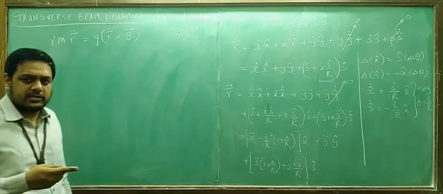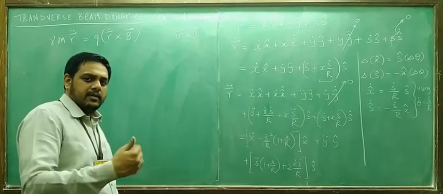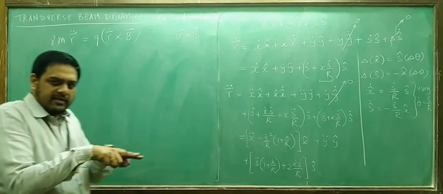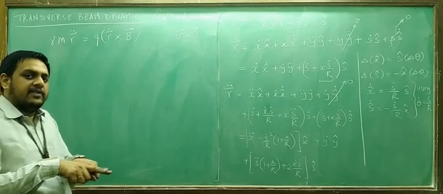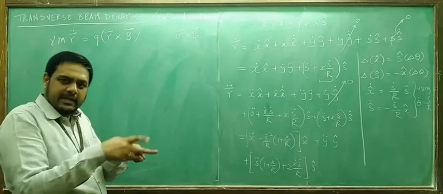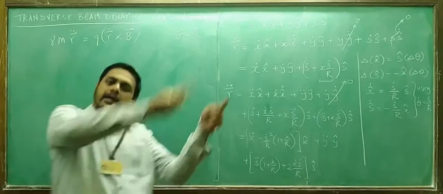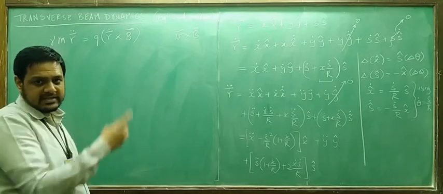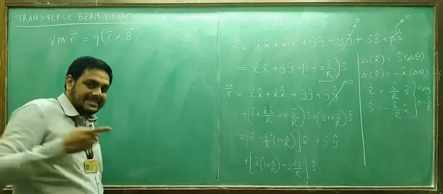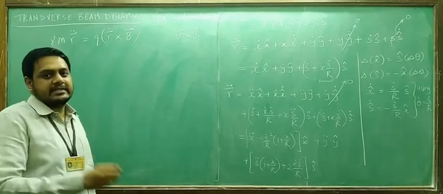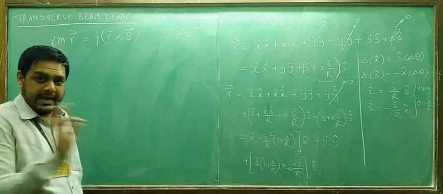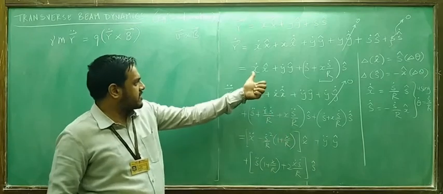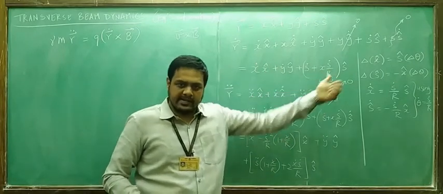It makes sense because V cross B will then be in plane. If you have B in the direction of V, then V cross B will anyway be 0. And if V has a small deviation to B, then things will become complicated because you will get helical motion when you pass through the magnetic field. So in any way, it doesn't seem to make sense to have B in the s direction. So B bar will only be Bx x hat plus By y hat. That's it. No Bs s hat component. So V, of course, we have seen that it has all three components.